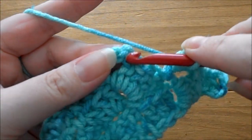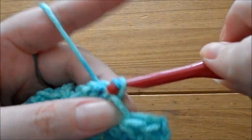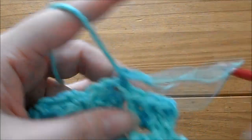And you connect up here, and you keep going like that. Okay,